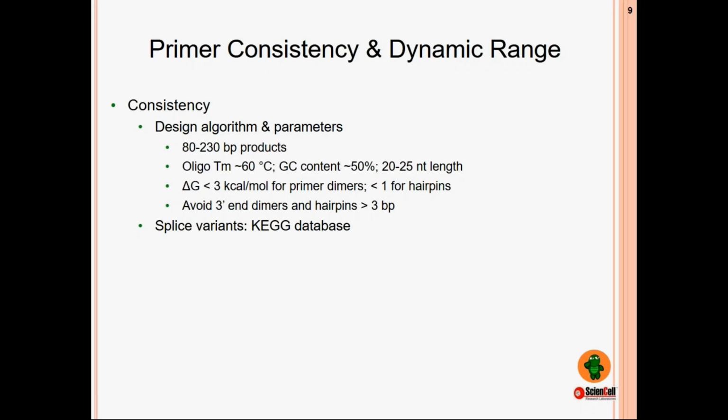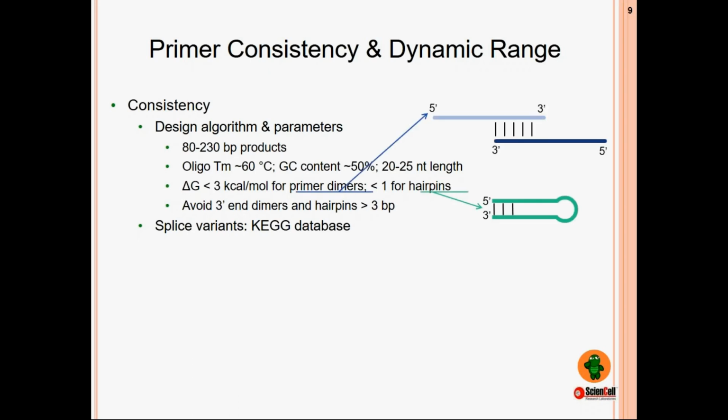These differences may not seem like a big deal, but replications on an exponential scale would translate them into very big differences in your data. In designing primers, you also want to avoid primer dimers and hairpins, especially at the 3' annealing end. It's very important that you avoid primer dimers and hairpins, because if your primers are annealing to themselves or to each other, then they're not annealing to the target gene, which means they're also not amplifying your target gene,